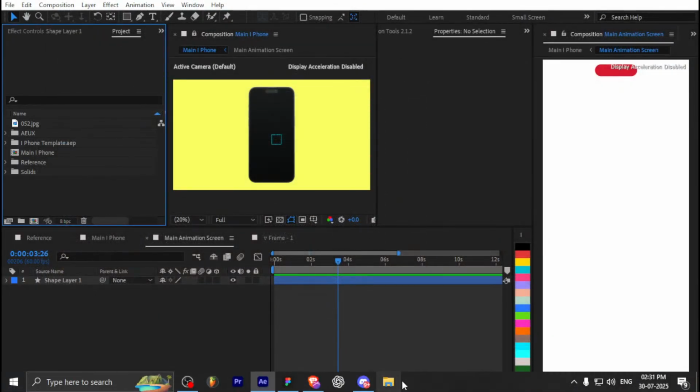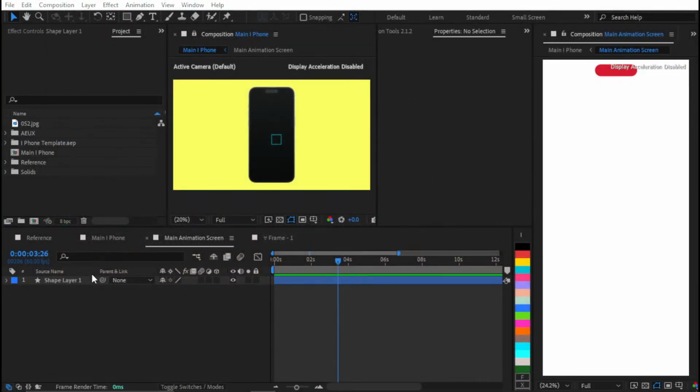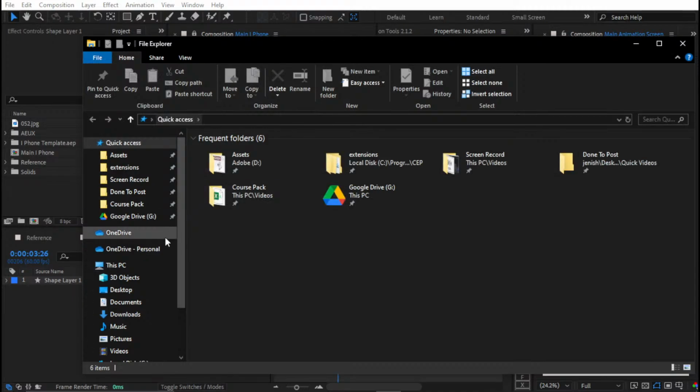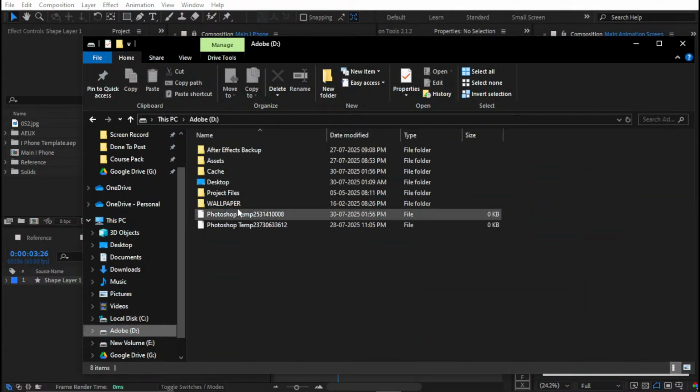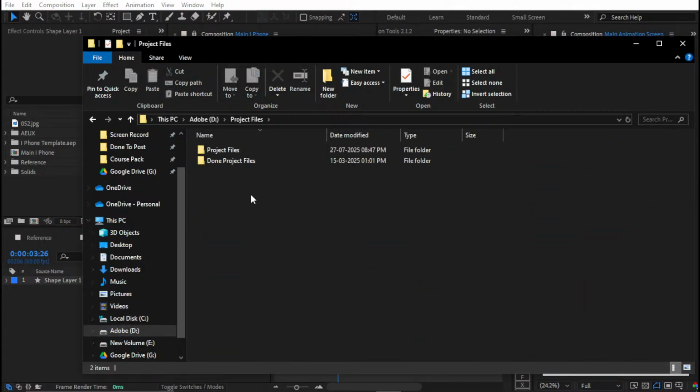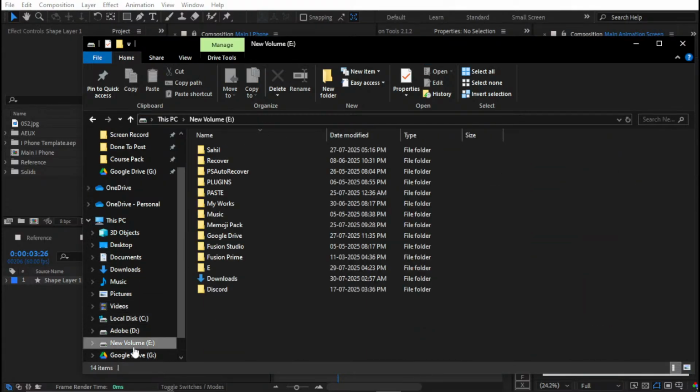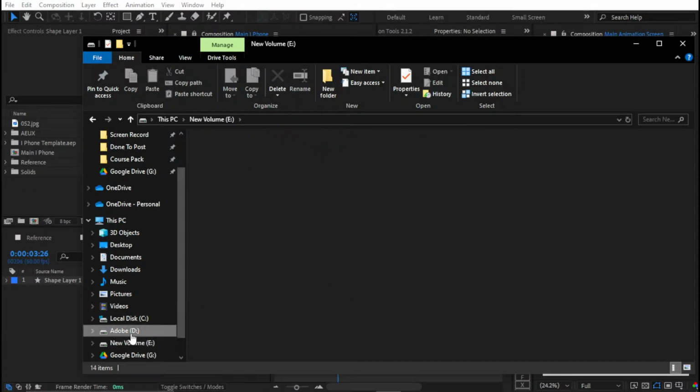Well, let's close this. I'm just gonna use a pre-made file for this. Just open my project files or softwares. It's a software folder,